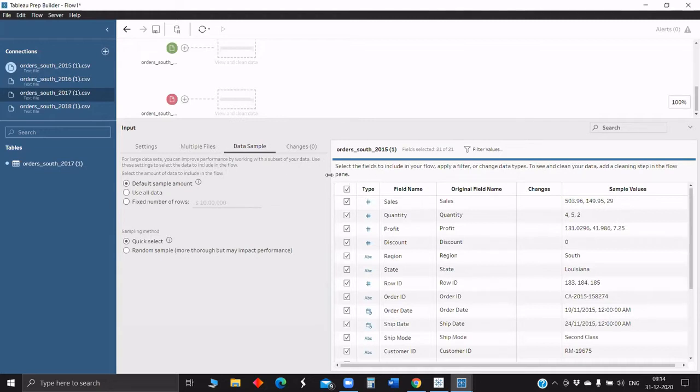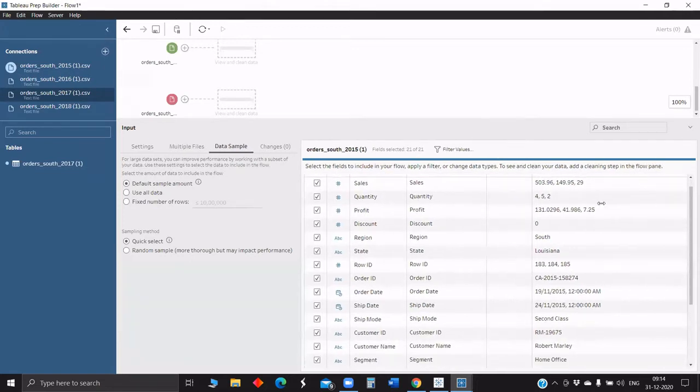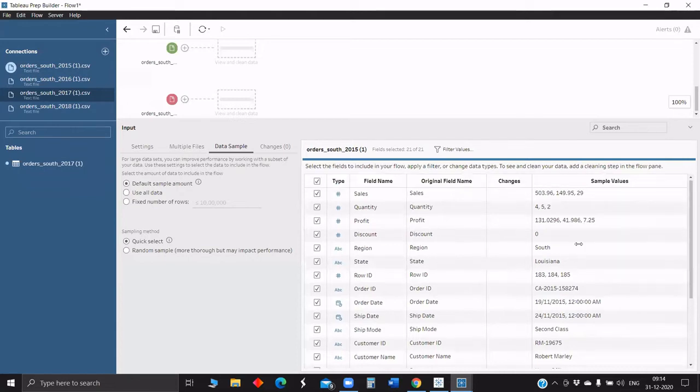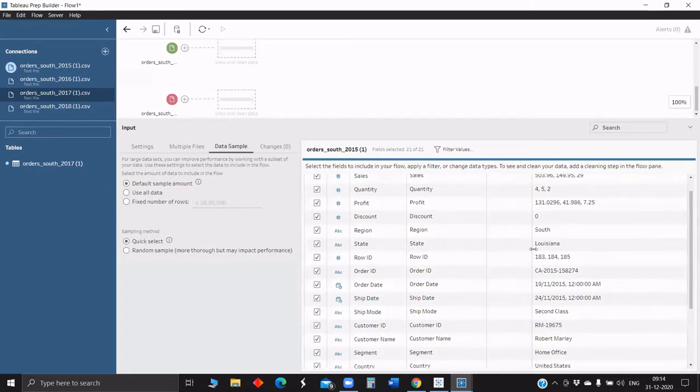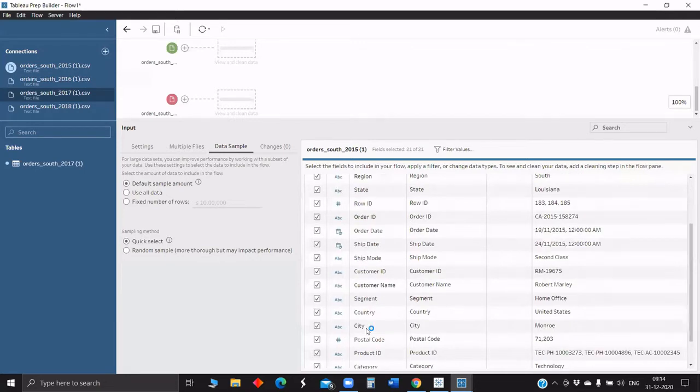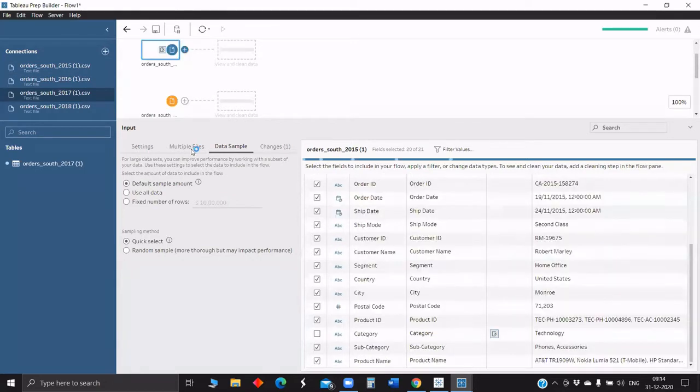And here, we can see all the fields and samples: what all fields are there, what the original name in the sheet is, and what type of sample values are there. If you would like to remove some of the columns, for example, I'm not interested in category, you can remove that. In the first step, only this column will be removed rather than removing it in the next step. It will also enhance the performance. So these all are the steps in input. Once you input data, you can do all this.